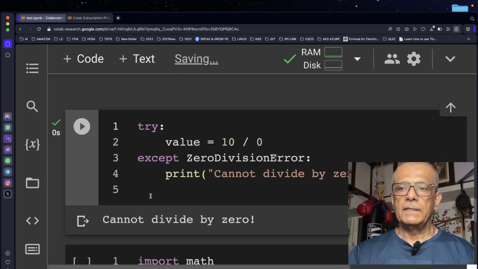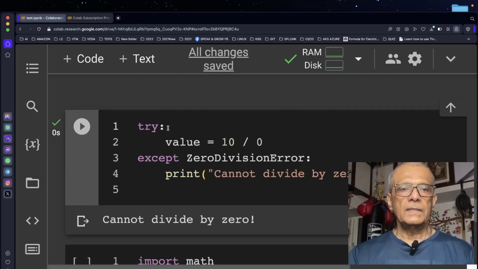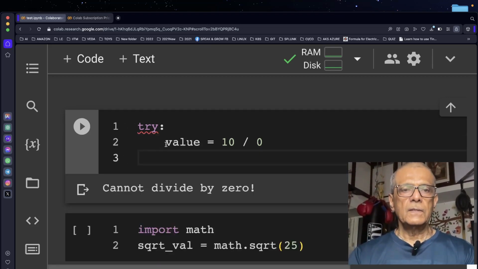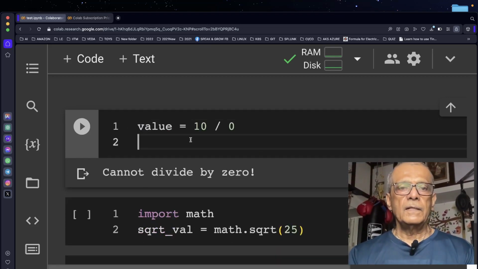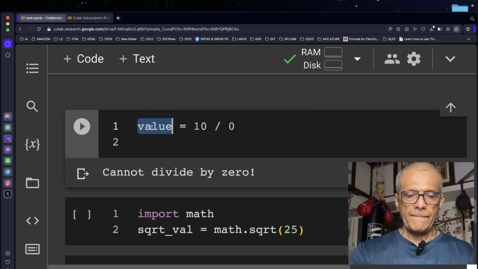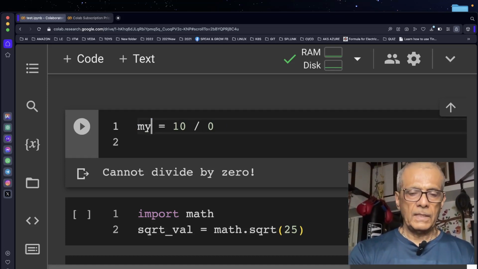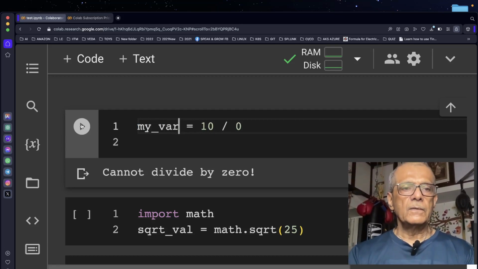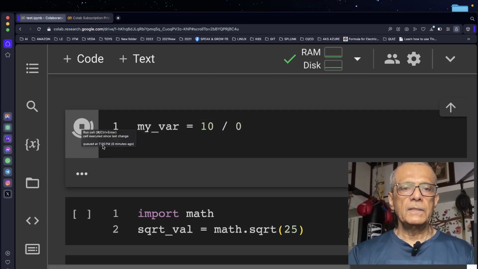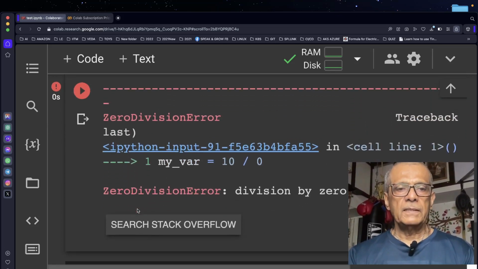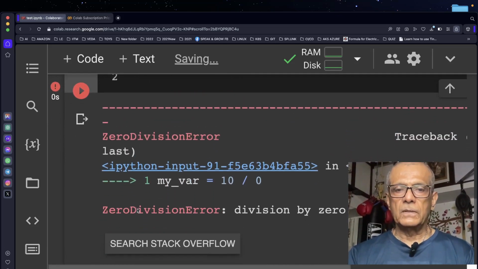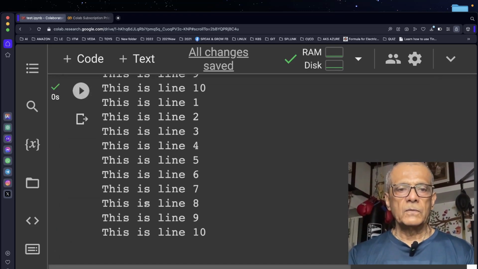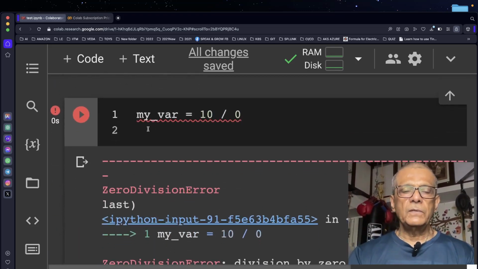Now here we will see a very useful mechanism to catch errors. Okay, so normally, now let's remove these lines. We are setting a computed value to this variable, say my variable. What will happen if you execute? You will get a Python error message which can look complicated. So what you can do is gracefully handle this error